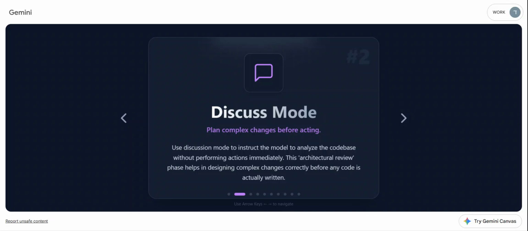Another thing that can be done is not only in the discuss mode, but also in normal mode and simply tell it, "Don't perform the action, just think with me." And then we get the possibility that it can both search the internet and read data, and can do other actions that it can't do in discuss mode. So that's why sometimes it's worth using the usual mode, but just tell it, "Don't write anything, don't perform anything, just think with me." This way we can plan together with an LLM that knows our system and can help us with how to build properly.